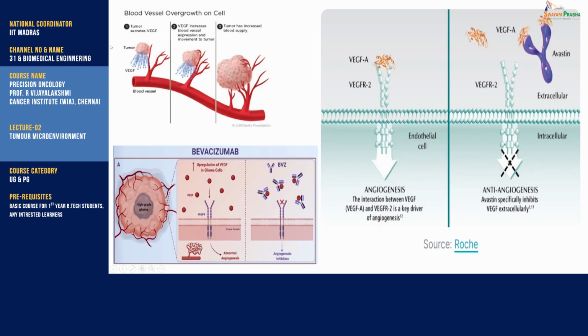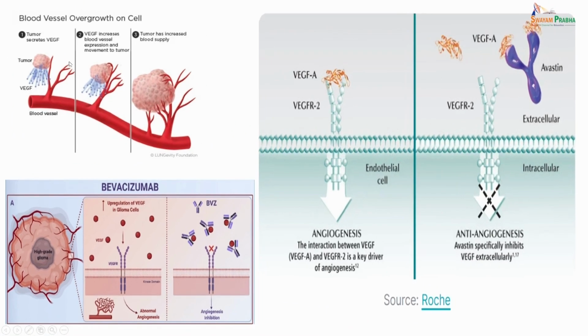Now, if you see here, these figures show how neovascularization takes place. The tumor itself is secreting VEGF. This VEGF will increase the expression of blood vessels, and therefore you see that new blood vessels are formed to support this particular tumor. Now, bevacizumab is able to bind to the VEGF. So the VEGF which is secreted by the tumor is bound by bevacizumab, which in turn prevents the formation of